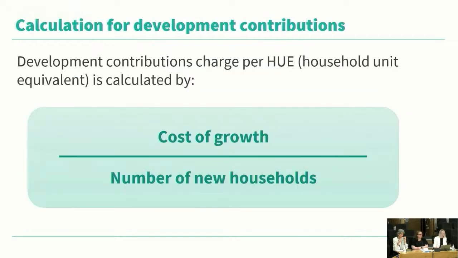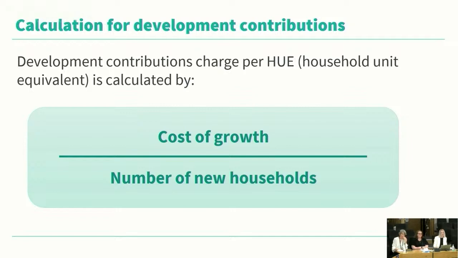We went over this in the October briefing, but just a reminder, a HUI is a household unit equivalent. This is how we measure demand in the DC policy. It is essentially the demand placed by one household unit, and the policy assumes that each lot or each section contains one HUI. We calculate the DC charge on a per project basis by dividing the cost to deliver the growth component of an asset by the number of new or additional households. The LGA requires that DC policies summarise the methodology behind how the per HUI charge is calculated and show how each charge is calculated. The DC charges must follow the methodology set out in the policy. They are not arbitrary numbers.